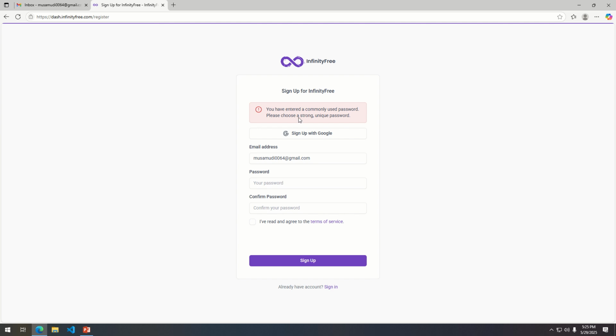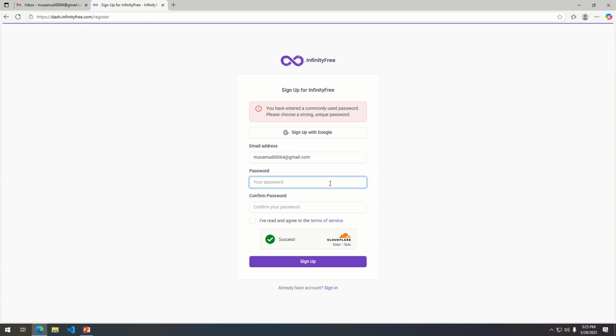So they're going to send you, you've entered a commonly used password. All right. So you can see they said I've entered a commonly used password. So let's create a different password. So let's see, we have something like